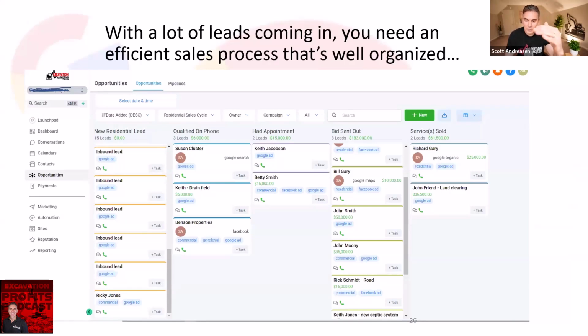And this way, everything is stored in a nice, clean, efficient sales pipeline like you see here. What our clients love about this system is they can see the potential sales revenue. Like in this instance, you see 8 leads and you see a total of $183,000 in bids sent out. And then once they sell a job, it gets moved over to services sold. And so you can see on the right, the far right column, 2 jobs were sold totaling